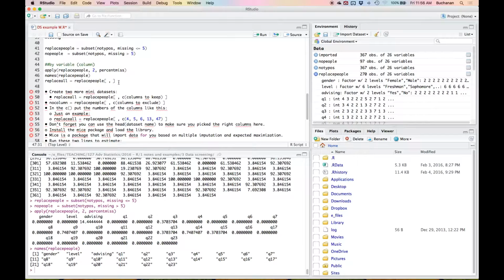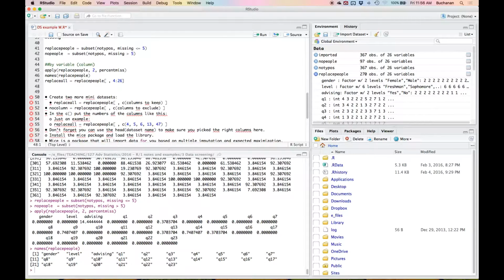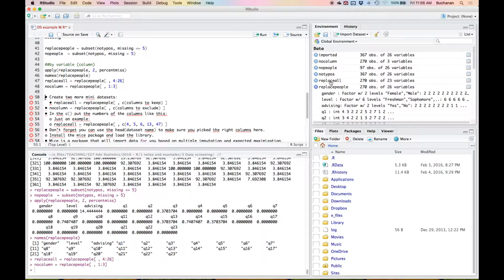I don't need a C function for that. 4 through 26. You can put the C around it, but you don't have to. For no column, because we're not replacing them, we still use replace people, and I want basically everything else. So I could do negative 4 through 26, or I could just do 1 through 3. Okay. Either way, your replace all and no columns should add up to the number of columns in the replace people data set. So I've got 23 columns plus 3 columns. Okay. So don't drop columns